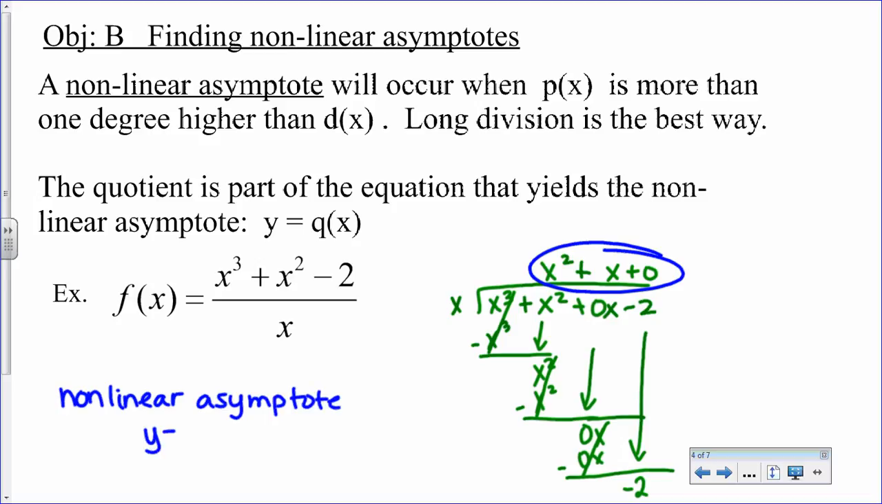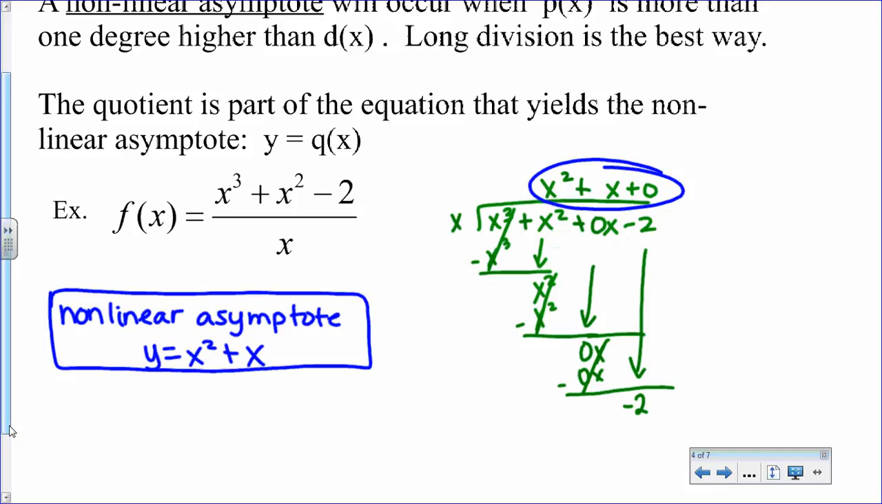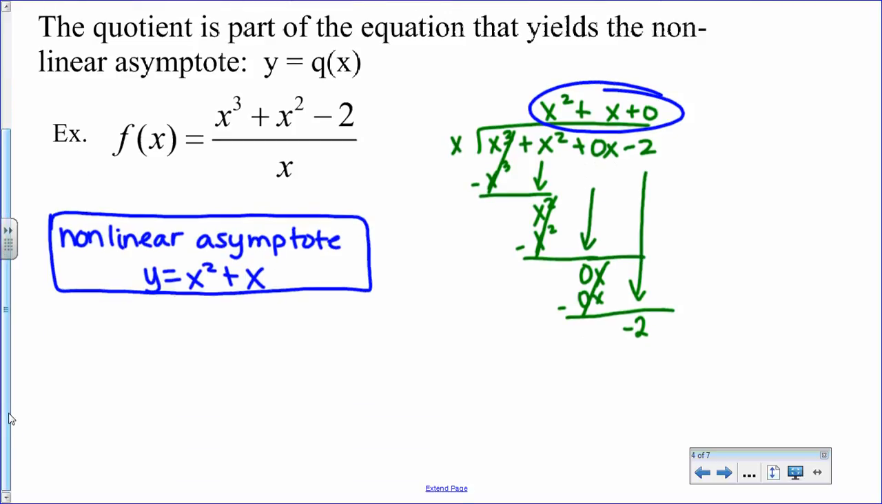So that's y equals x squared plus x. Well, I know it's nonlinear because it has an exponent other than 1. It's x squared. So this is a parabola. So now I have the graph of a parabola as an asymptote. So again, on a graph,